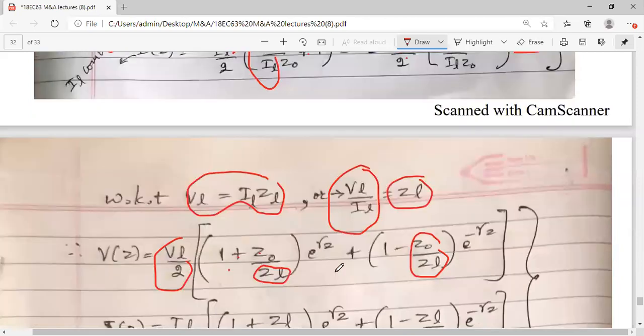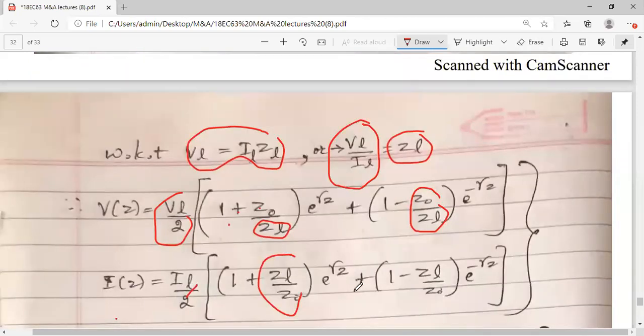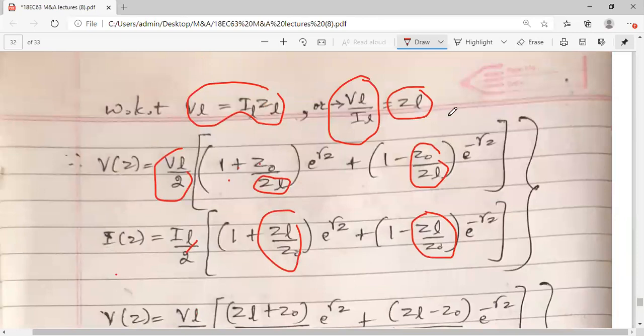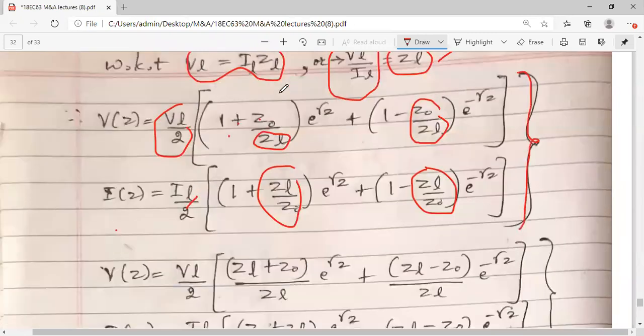V by I is ZL. So ZL by Z naught, and here also ZL by Z naught. So taking just this, V by I is equal to ZL in the next step. So it is a pair of equations, I am solving this for both together. Then further, I will take the LCM of this bracket terms. If I take LCM,